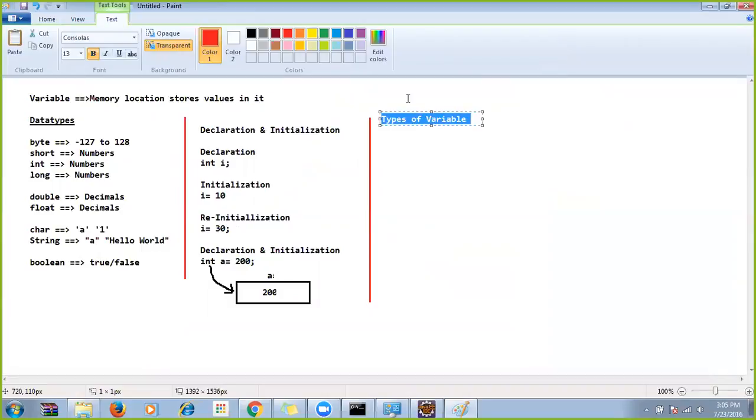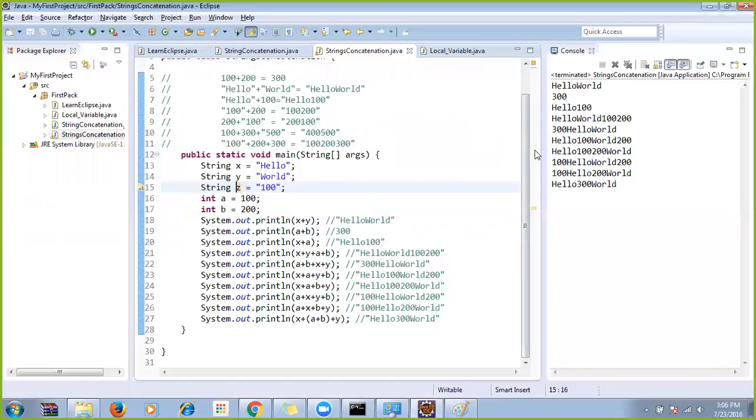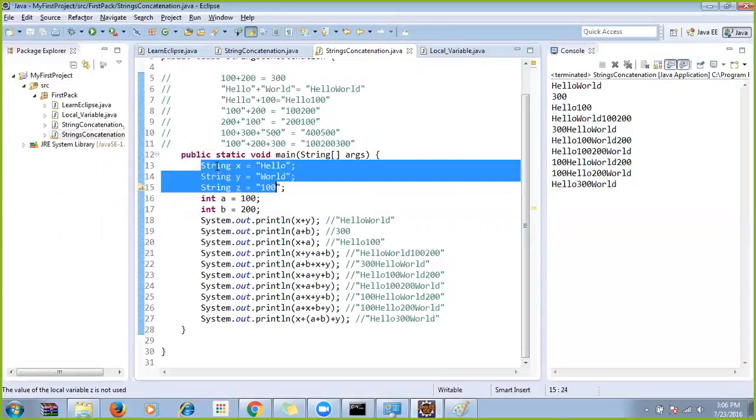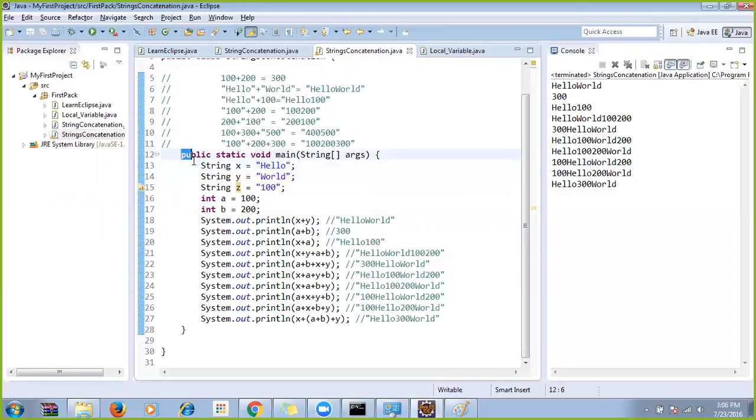Types of variable. There are two types of variable. One is local variable. Another one is global variable. Okay, one is local, another one is global. So local variable we have seen already. Any variable that is declared inside a function is called a local variable. String x is equal to hello, that means this is a local variable. Integer a equal to 100,